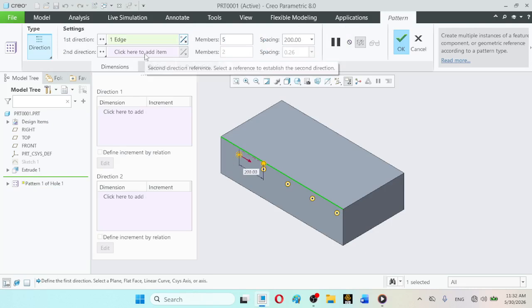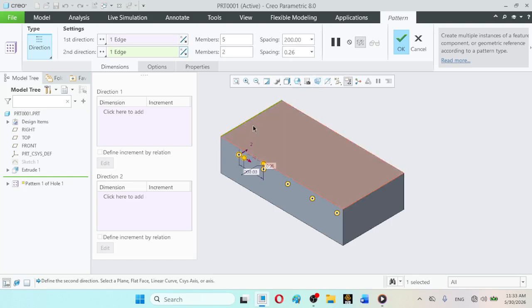And now select the other edge, and that will define this direction. And again here you can flip the direction with the help of the arrow symbol.